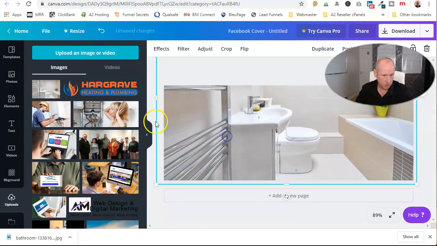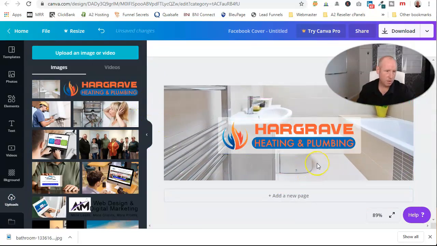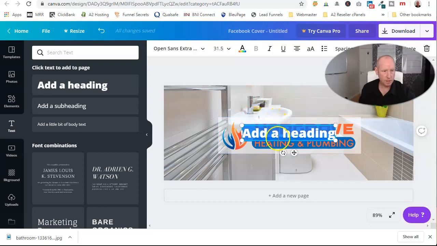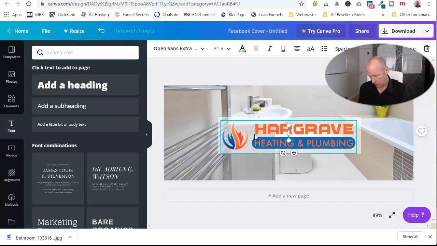So put a nice click off of it, and there you go. You've now got the bathroom with the Hargreave heating and plumbing done. Nice and simple. If we wanted to add text to this, so if we wanted the phone number on here, you'll just click here on text, add a heading, and we can just go in and type the phone number in. So I'll just do that just to get the